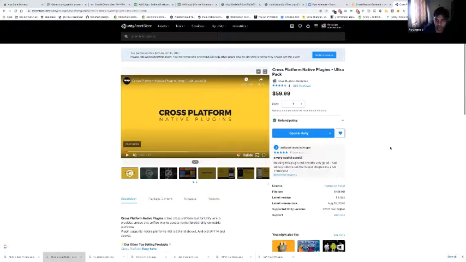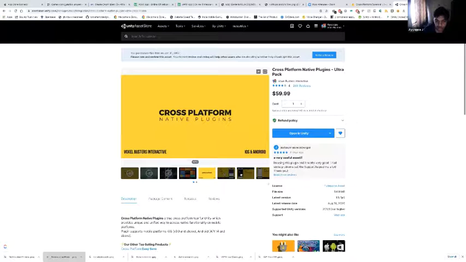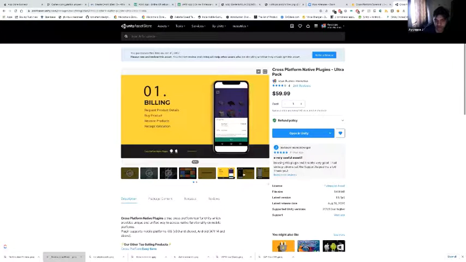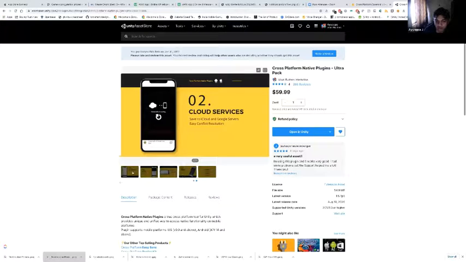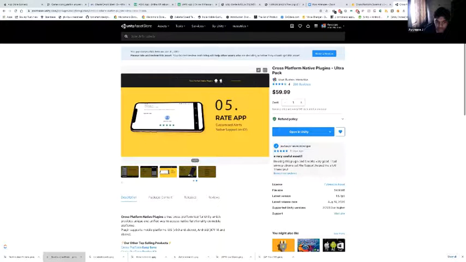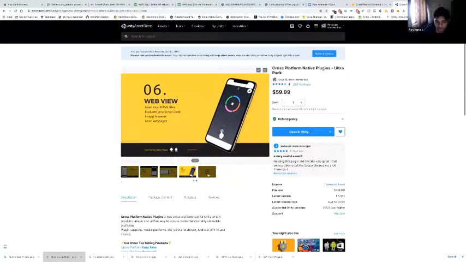So the plugin we have created is a set of cross-platform native plugins. Basically, whatever I have covered today, it tries to abstract on both iOS and Android so that you don't need to go into particular details. Consider cloud services: you don't need to really know about iCloud or Google Play services. We just provide an API and you just need to use it, and right off the bat you can directly start running it on your device.